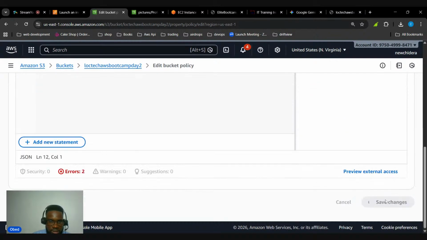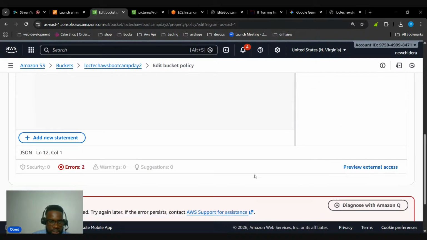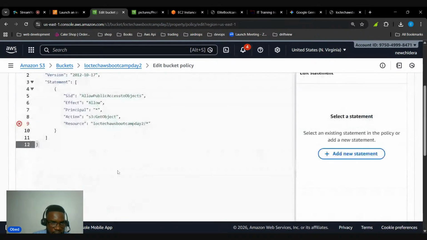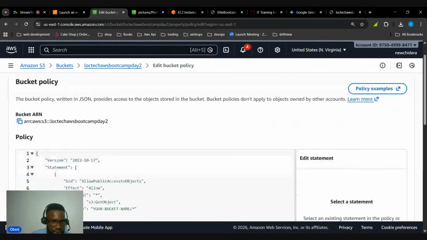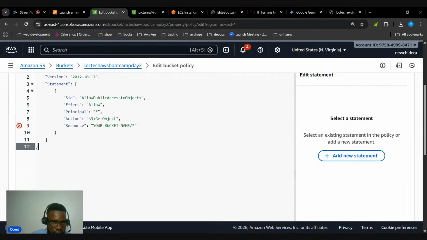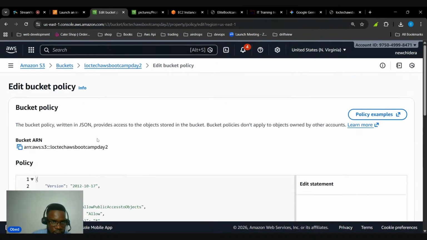So I'll try and save changes. Okay, I had an error there. So I'll quickly check out what is wrong with that. Oh, I've spotted the issue. I'll remove this and I'll paste. Sorry,